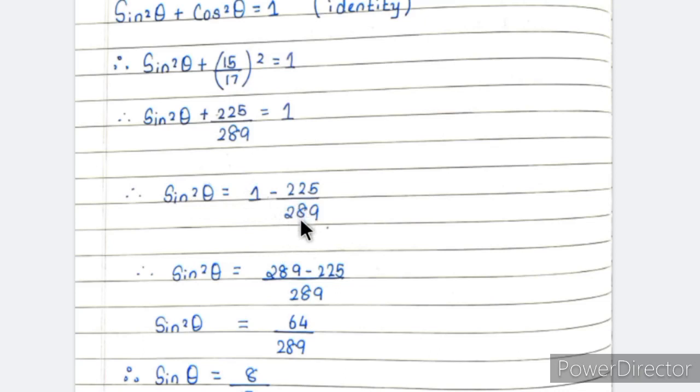So we will do cross multiplication. 289 into 1 is 289. Here nothing but 1 is there. So 1 into 225 is 225. And here between we will put minus. The denominator will be same, 289. We will now take out the square root on both sides. So this will become sin theta is equals to, no sorry, first we will subtract. That is 289 minus 225 is 64 upon 289. Now we will take out the square root on both sides. That is sin theta is equals to 8 upon 17, the square root of 289. So we got the value of it also.